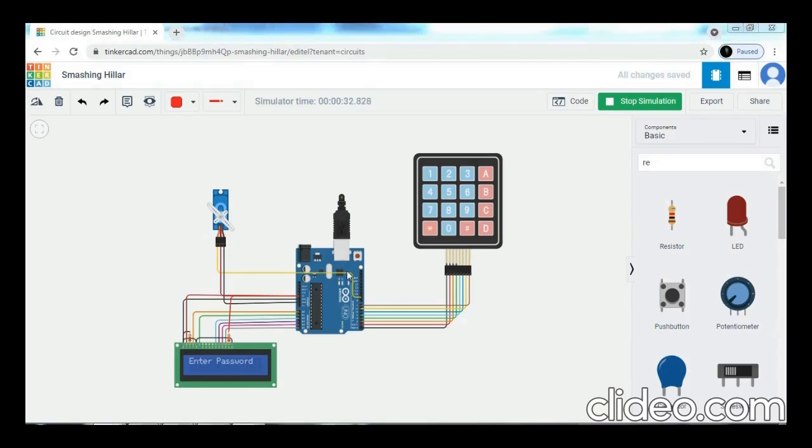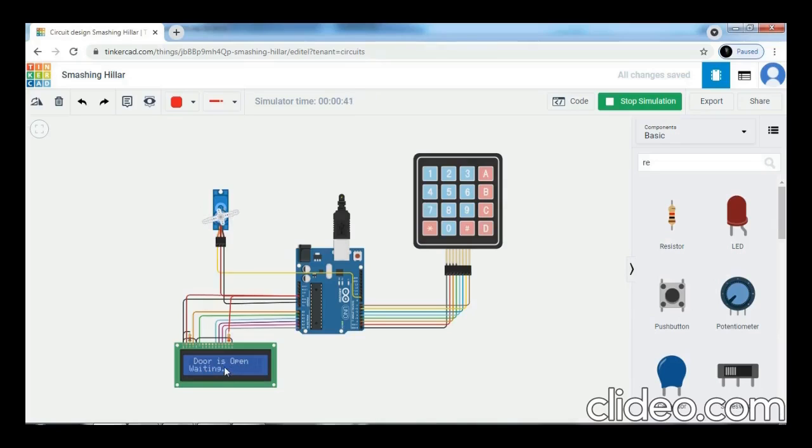To open the door, we have to enter the correct password, so the motor gets rotated and the door gets open. So we put the default password, which is 1234. After entering the correct password, the motor rotates and the door gets open and the display shows door is open.